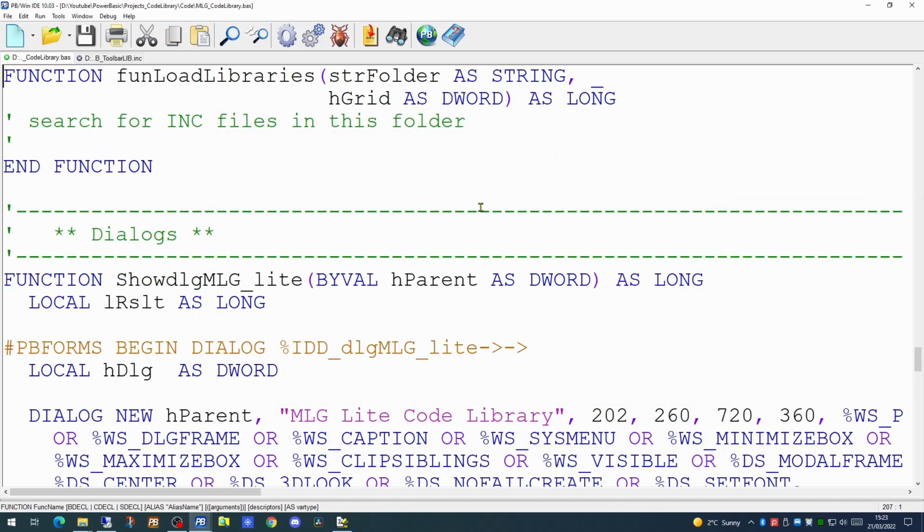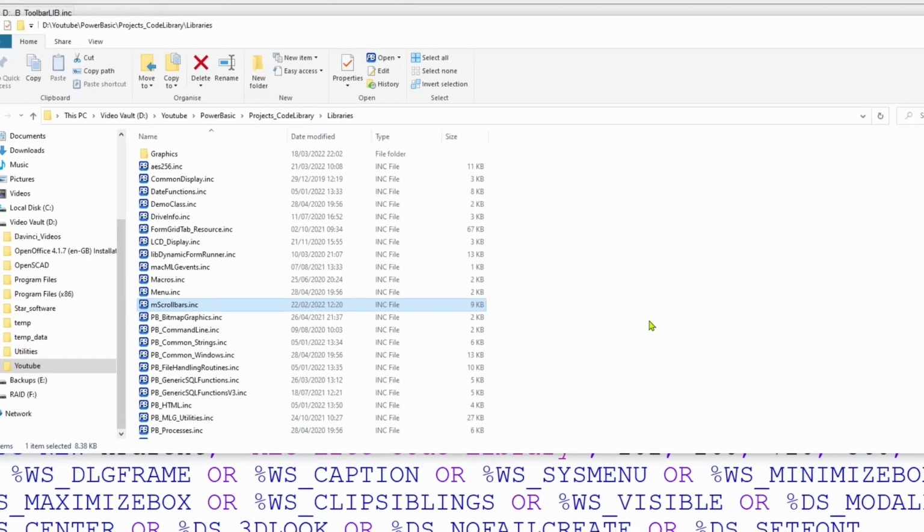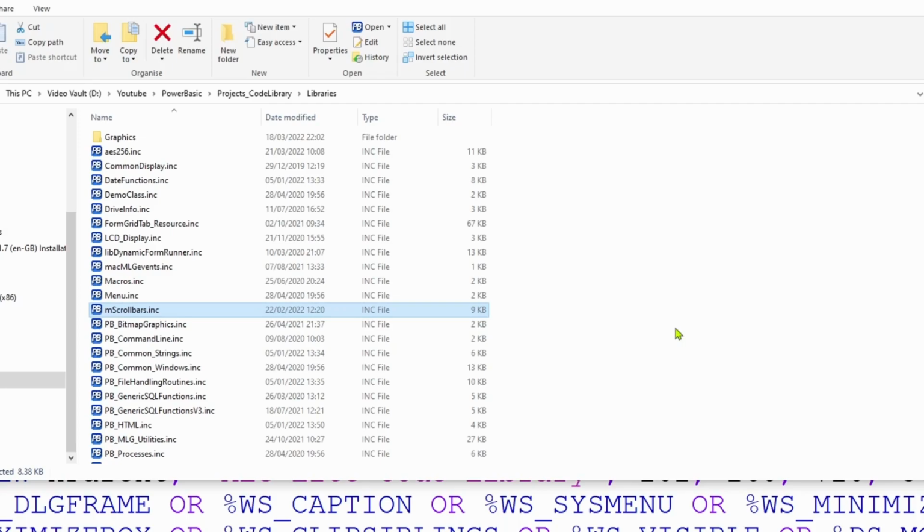So let's go back to our load libraries. If we have a look at the files within our libraries folder, we'll see that all the files have an INC extension. They are all include files. So we want to search for every file with that extension within this folder. And we know we have 3 different types of functions in these libraries.